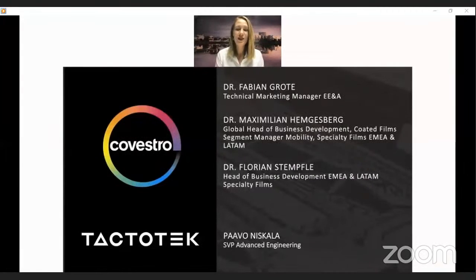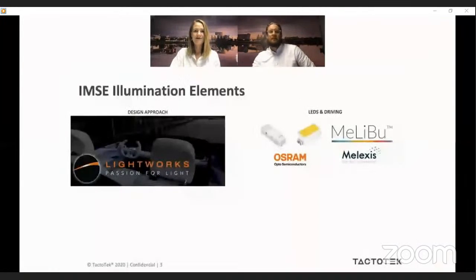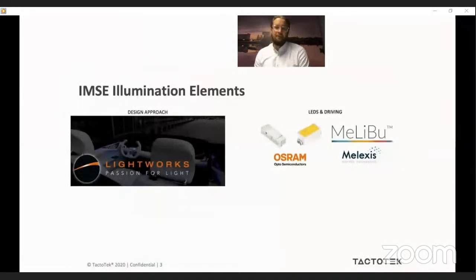Dr. Fabien Grote, Dr. Maximilian Hemgesberg, and Dr. Florian Stempel, together with Paavo Niskala, SVP Advanced Engineering from Taxotech. He will first walk us through some IMSE material verification basics. So Paavo, please take the stage. Thanks, Tua. My name is Paavo,